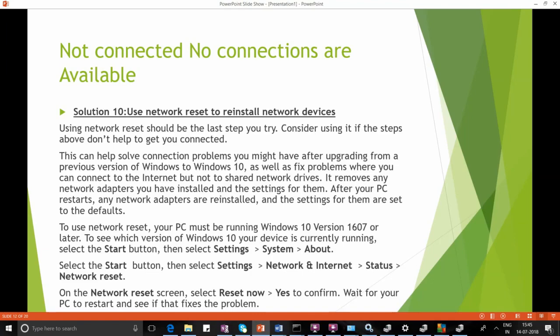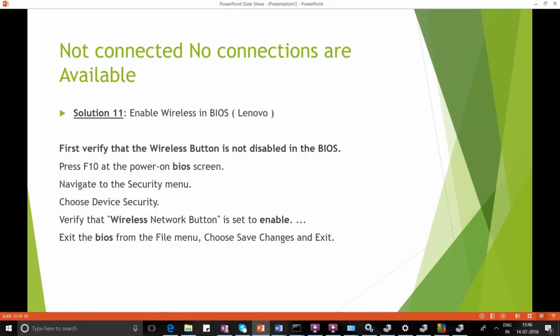All right, in order to perform network reset, your PC must be running either Windows 10 version 1607 or a later version. So this is the 10th solution to fix the problem. After performing network reset, please restart the computer and see if it helps to fix the problem. If it still doesn't help, then please go to the next solution, which is